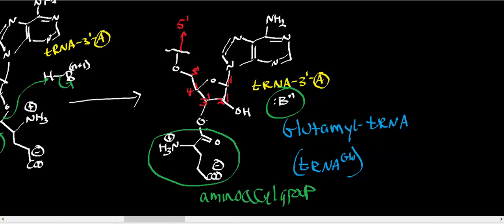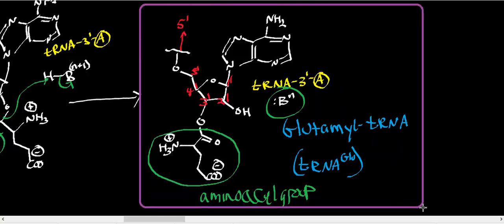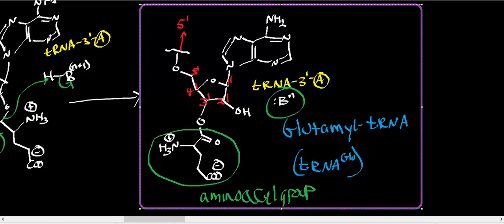Now I've effectively transferred the aminoacyl group onto the 3' hydroxyl group, and this particular molecule, glutamyl tRNA, is now capable of reacting with the ribosome. So this right here is essentially your final product. And keep in mind that this particular type of reaction, where we transfer the aminoacyl group from the 2' hydroxyl group onto the 3' hydroxyl group, is referred to as a